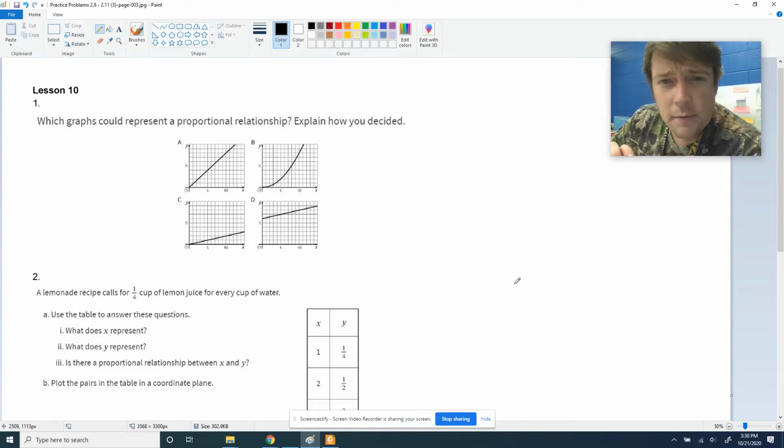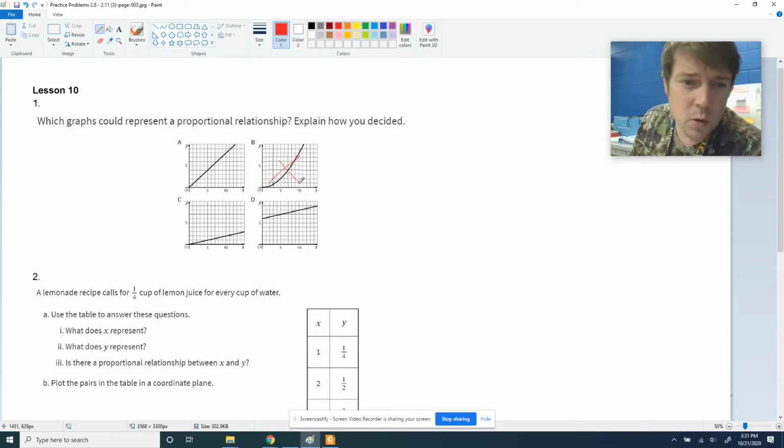But what you're looking for in a proportionally related graph is number one, a straight line, which is going to rule out this one. So it's got to be a straight line, and it also has to do this. It has to pass through the origin of the coordinate plane. So that rules out this one because the origin is right here where the O is. And so that means to me that A and C are my choices because